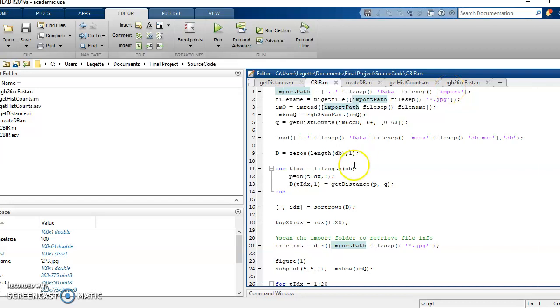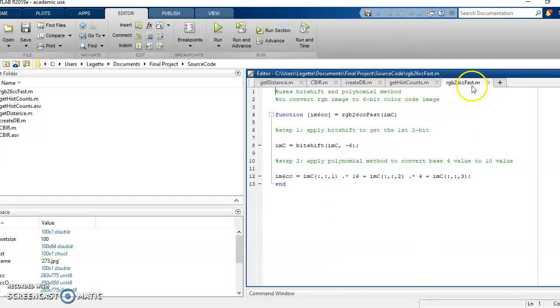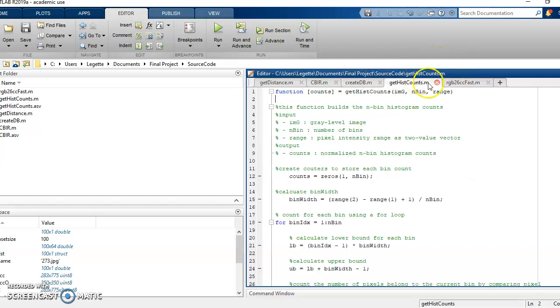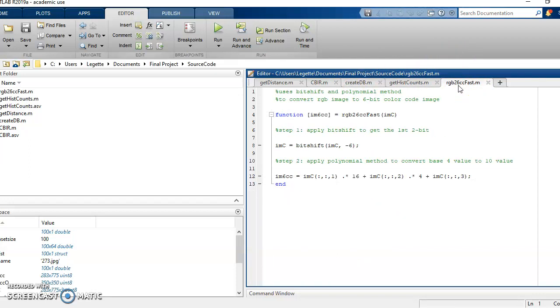Alright, so here's the code for everything. I'm going to go through these 5 files: get distance, CBIR, create database, getting the histogram counts, and RGB26CC fast. I'm going to walk you through all 5 of these files and then show you the end result. So for the